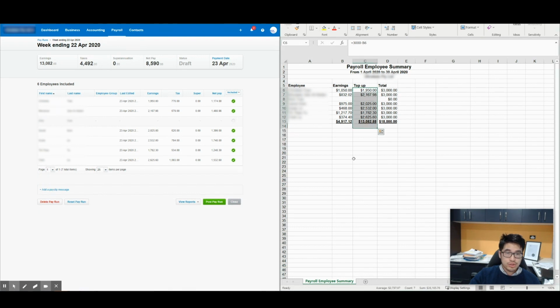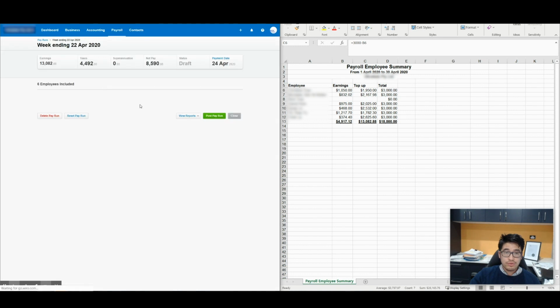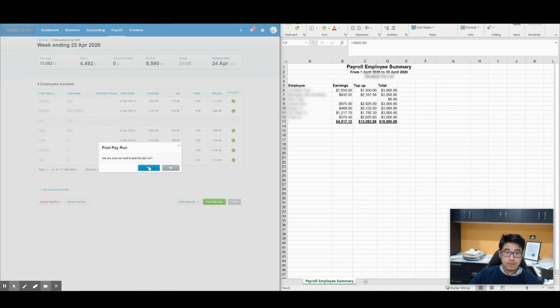So let me just double check that the total earnings payment is 13082.88, and that's correct. The payment date can be changed to whatever date you decide to pay the employees. And the tax is going to be $4,492 in total. All right, if you're happy with these amounts and you're making sure that each payment is made to the right employee, you just need to click post pay run, next, and make sure that you make these payments to the